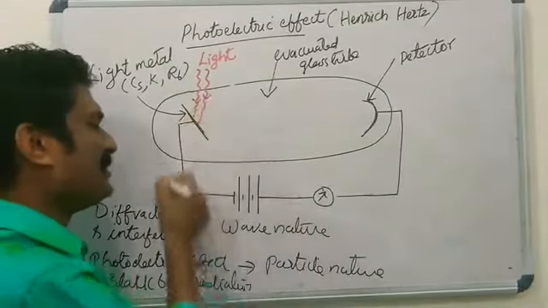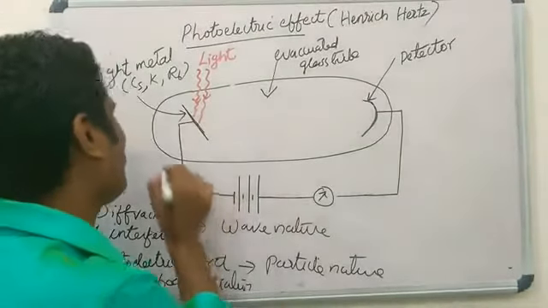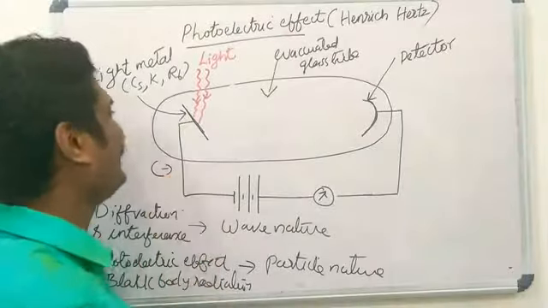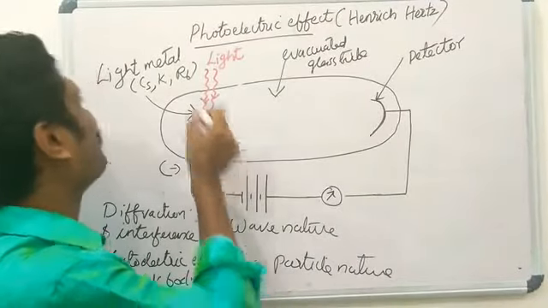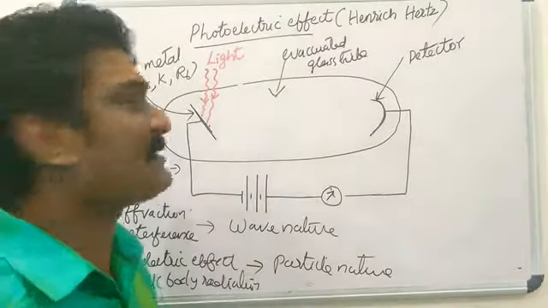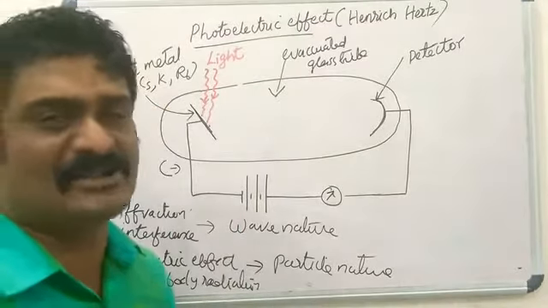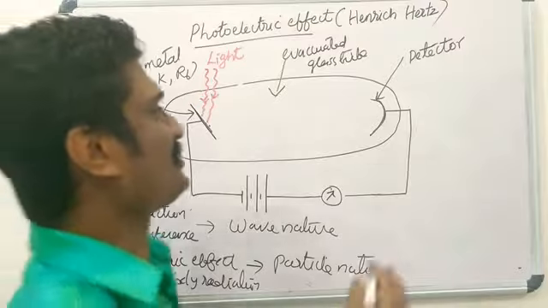One metal plate is connected to the negative end of the battery. This metal plate, which acts as cathode, is made up of light metals like cesium, potassium, rubidium, and